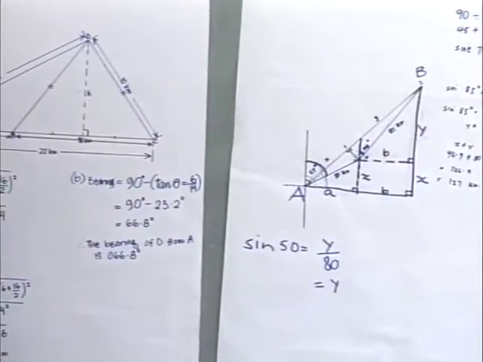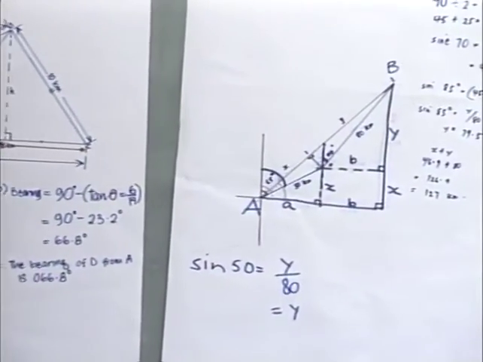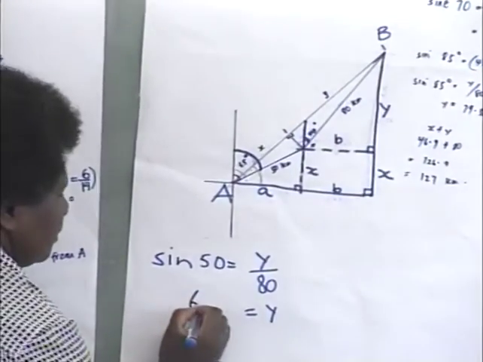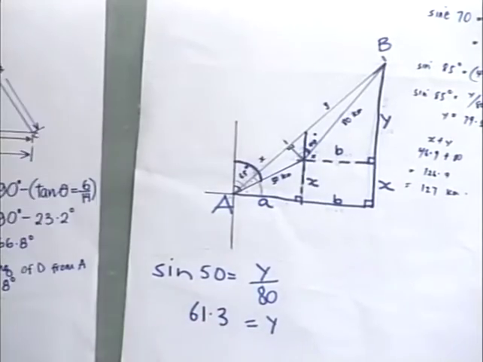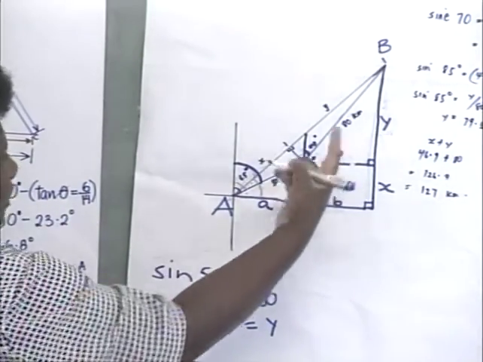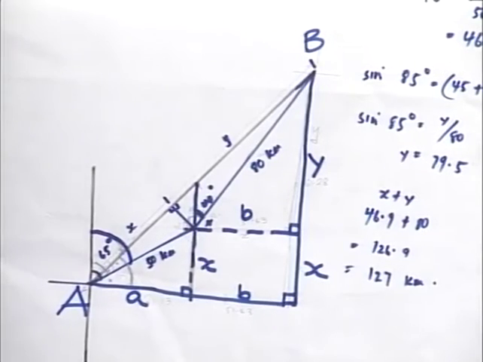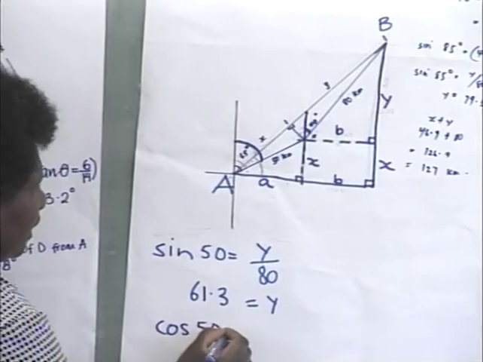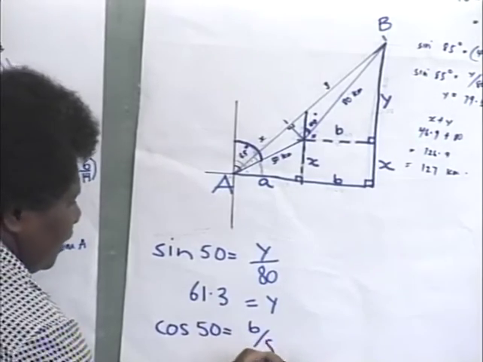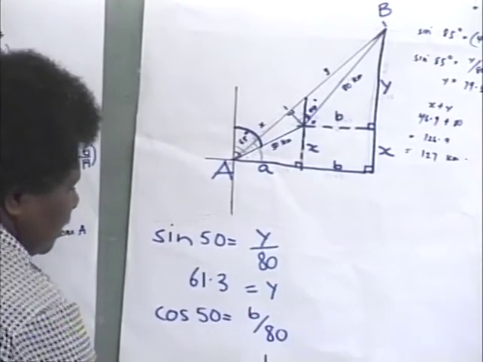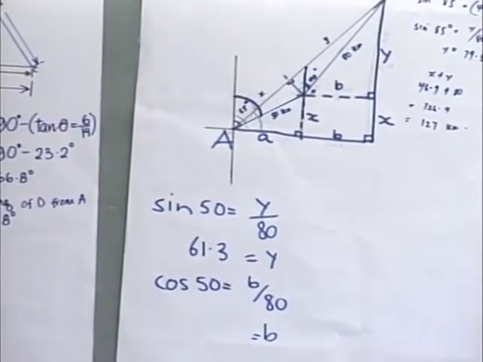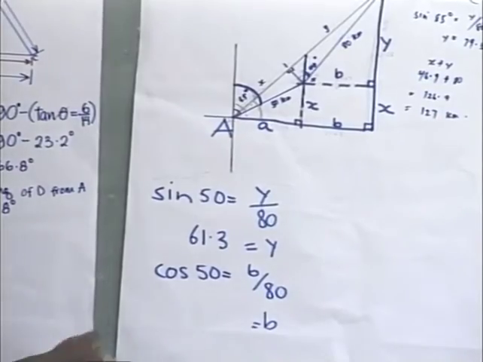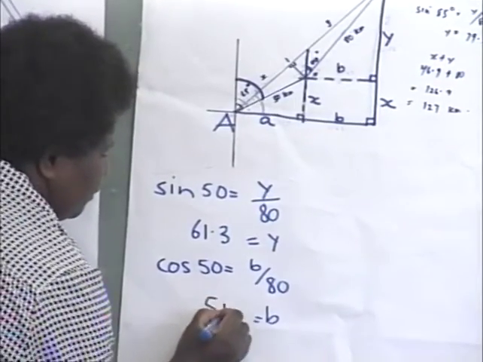Okay, you'll have to help me calculate the sine of 50 degrees is equal to y over 80. Okay, what is y? 61 point? Okay, 61.3 to 1 decimal place. Then I have to find b. This time I'm going to use cos. Cos of 50 degrees is equal to b over 80. B is equal to 80 multiplied by cos of 50, which is 51.4